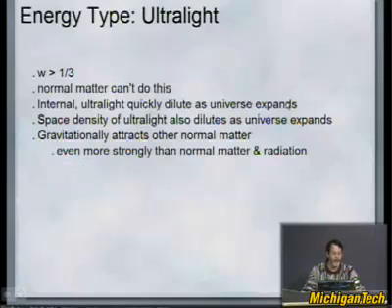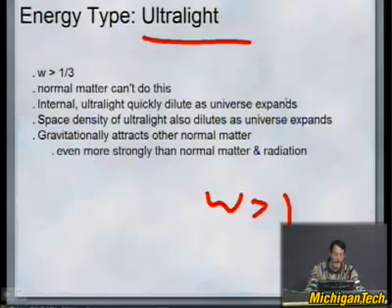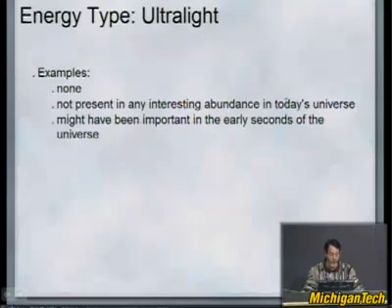Ultralight is a stable form of perfect fluid that might exist that's not discussed in the literature. I actually mentioned it in my article because I hadn't found it. It was a hole, it seemed to me, in the Friedmann equations. This dilutes faster than even radiation in the universe. It is not seemingly controversial because the magnitude of w is not greater than 1. All it has to be is greater than 1/3. I'll leave it there. There are no known examples. It might have been important in the very early universe because it might have diluted so fast that we don't see it now, but it might have been high enough to affect the very early universe. We don't know.